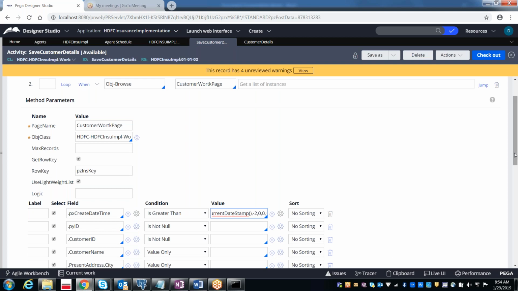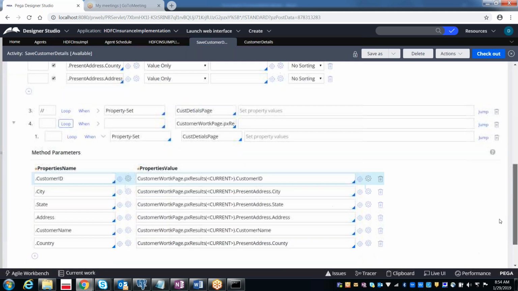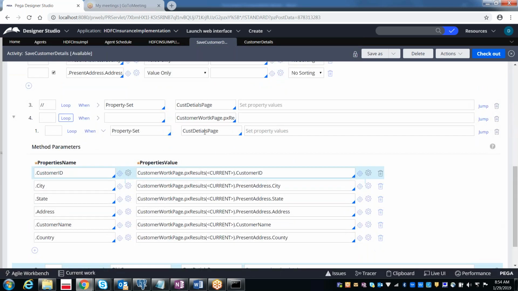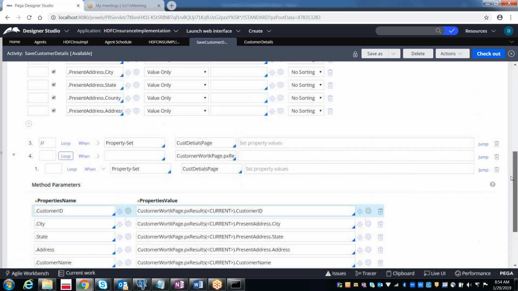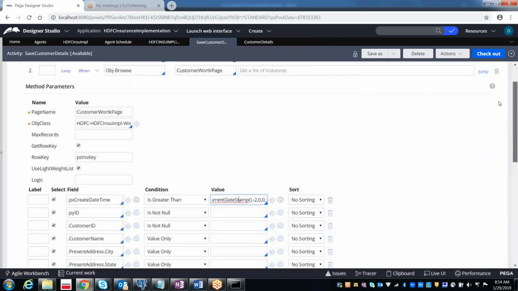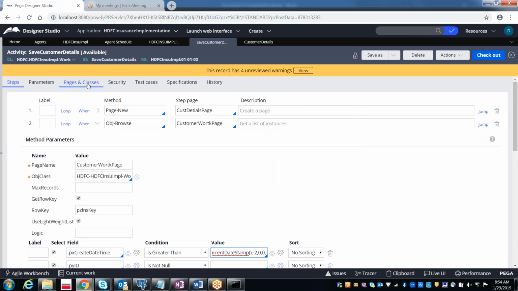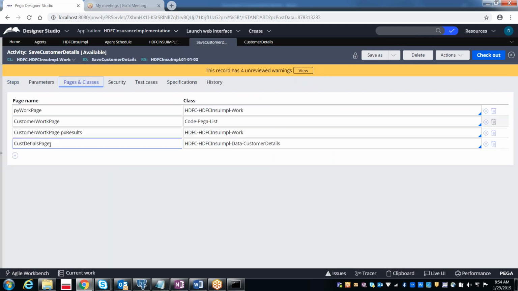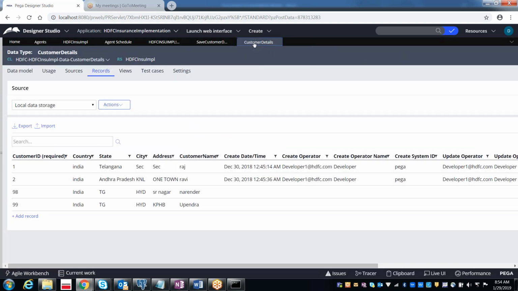Once after taking all the work object information, it is going to copy into the customer details page, as the customer details page is referring to the data page, and again it will save to the data page. So what is the data page referring to? The customer details data type. Once the agent runs, it is going to save the work objects here.